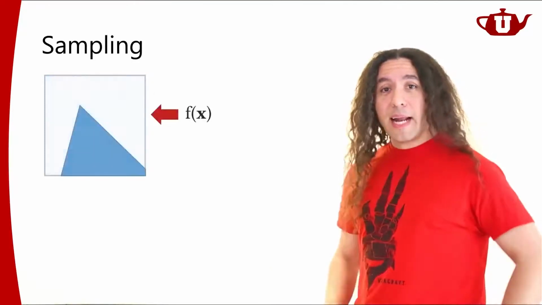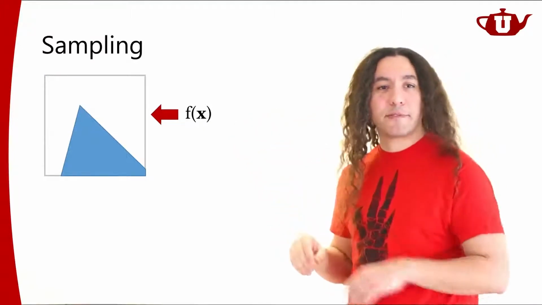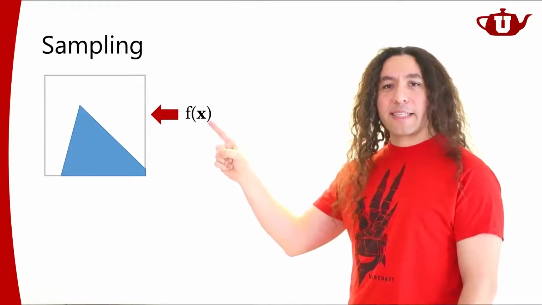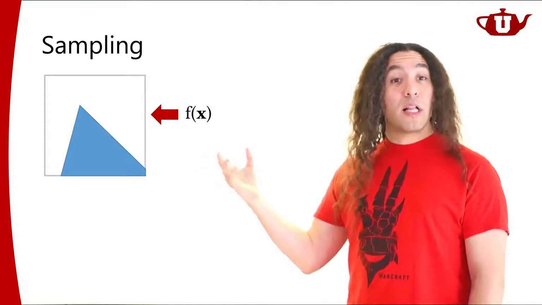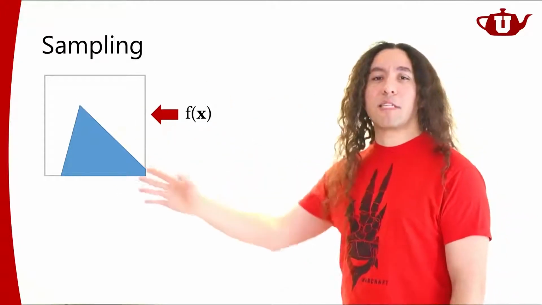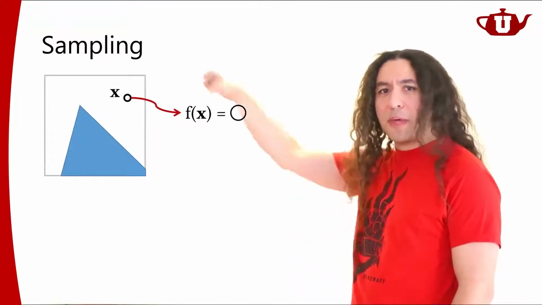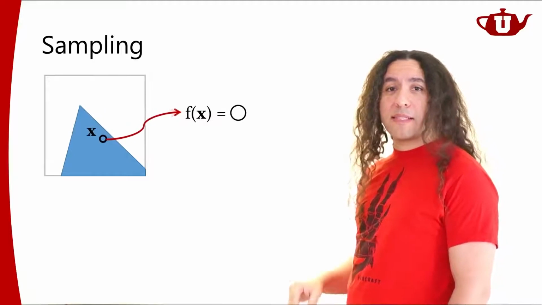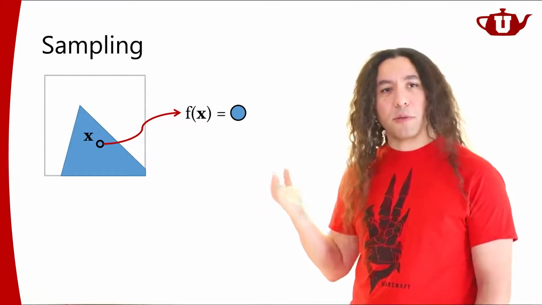Let's say that I have this magical function f. I'm just calling it f. f of x, where x is a position. So given any position, this function f will tell me the color at that position. It's a continuous function, defined over this pixel. So f of x at this point up here is going to give me the background color, which is white. And the same function over there at that position is going to give me the color of the triangle, which is blue.